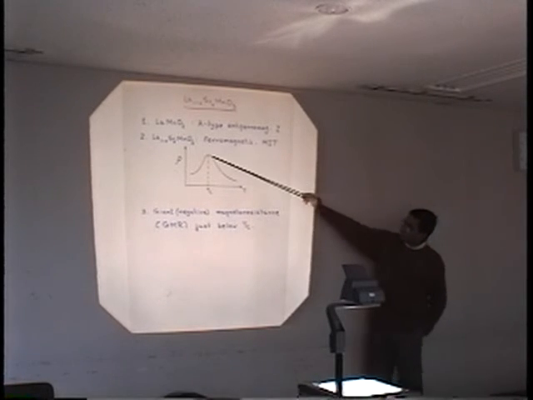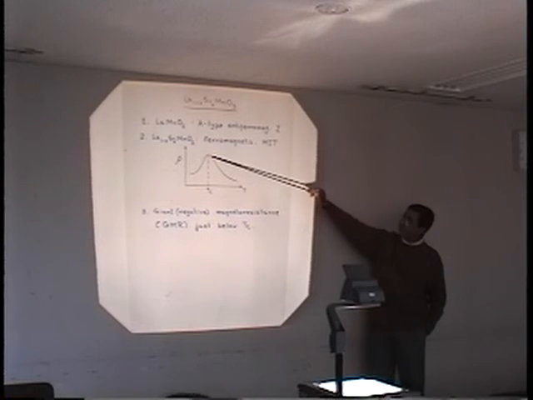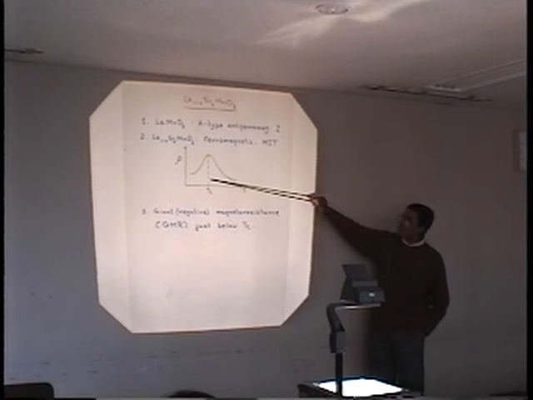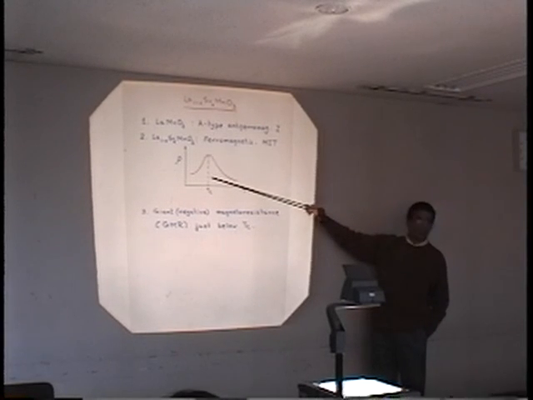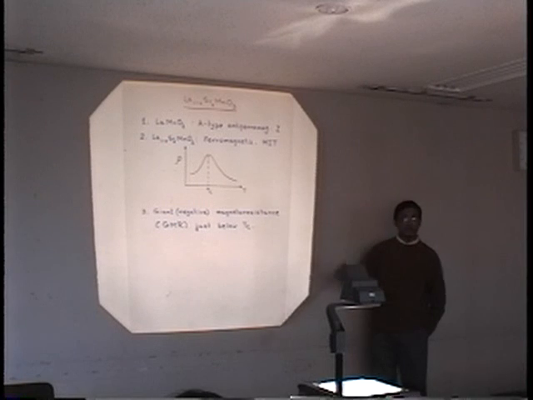And if you hold the system at this temperature, when it has the highest resistivity, and at a fixed temperature, apply magnetic field, the resistivity drops down drastically. So it has a negative magnetoresistance. And this negative magnetoresistance is very large. That's why it's called giant or colossal magnetoresistance. And this has created a lot